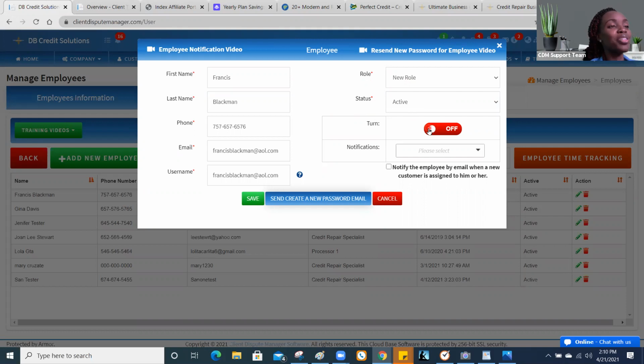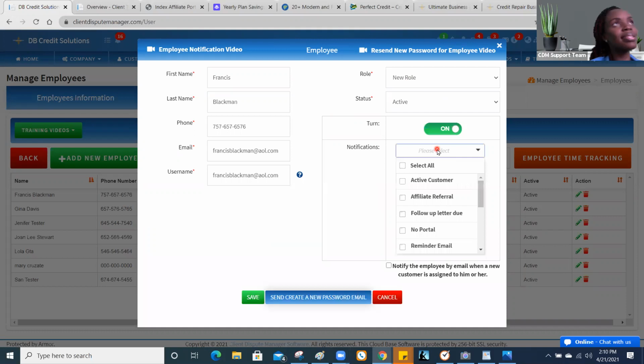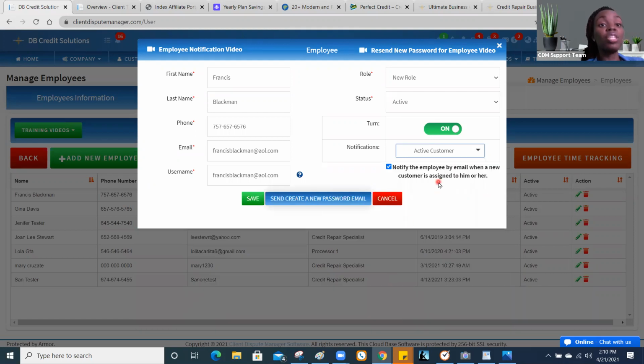Remember, here is the notification section. So if you turn this on, let's say this is my processor, right? Whomever is active, they would be able to see. But let's take it a step further. We want them to be notified, especially if we have the permissions where whomever they're assigned to, that's who they'll see. This means that every active client that is assigned to them, they'll get that notification email to say, okay, this new active client is underneath your